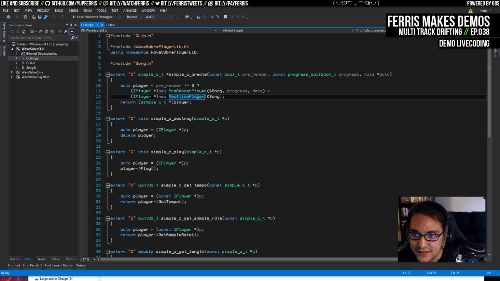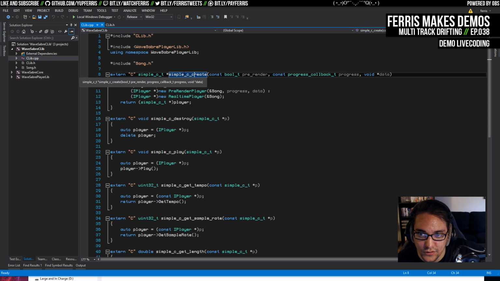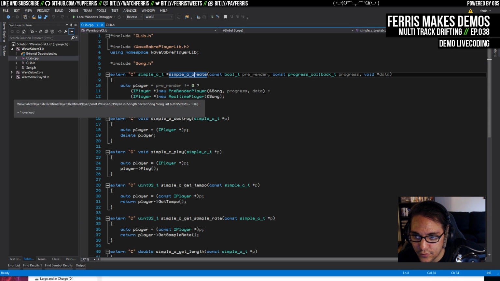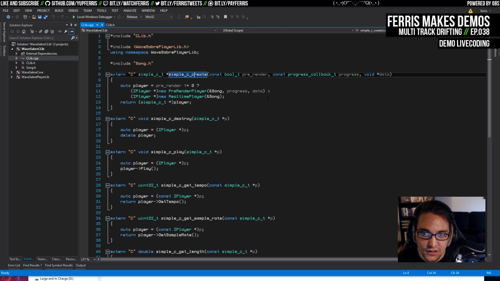It might make sense that, instead of just creating one player here, I remove this pre-render stuff, and then the C API exposes a way to create a new player with a song ID, so it can render multiple things on different threads. I think that would probably make the most sense, because then we can get crossfading and some other stuff. That might be nice. Maybe I'm wrong about that, actually. In fact, yeah, I've got to think about this for a second. I'm actually thinking that